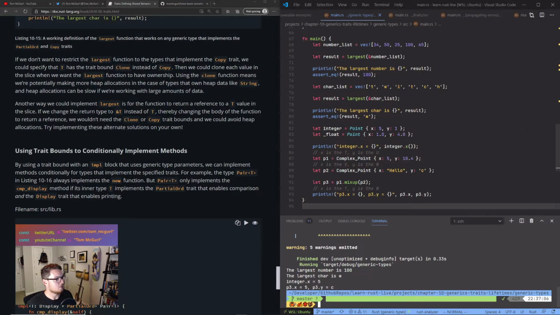If we don't want to restrict the largest function to types that implement the Copy trait, we could specify that T has the trait bound Clone instead of Copy. Then we can clone each value in the slice so that we want the largest function to have ownership. Using the clone function